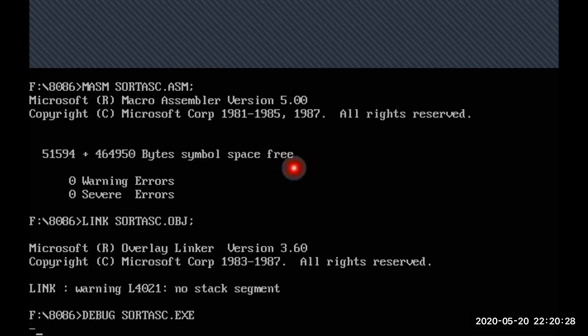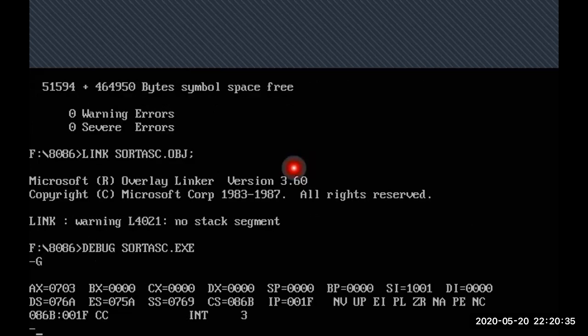Next, already you have given the values, so you have to press G. G, enter. Okay, program is executed.